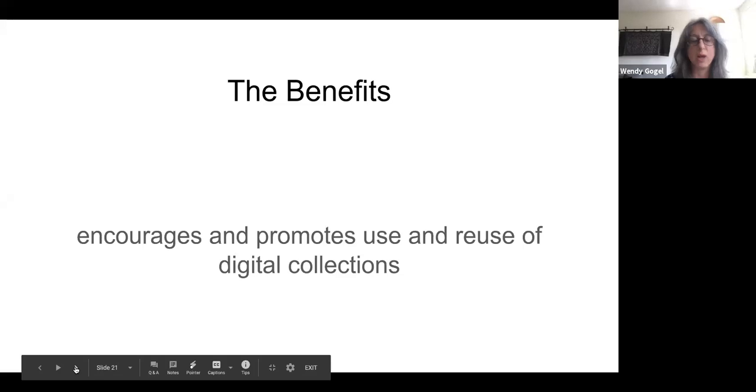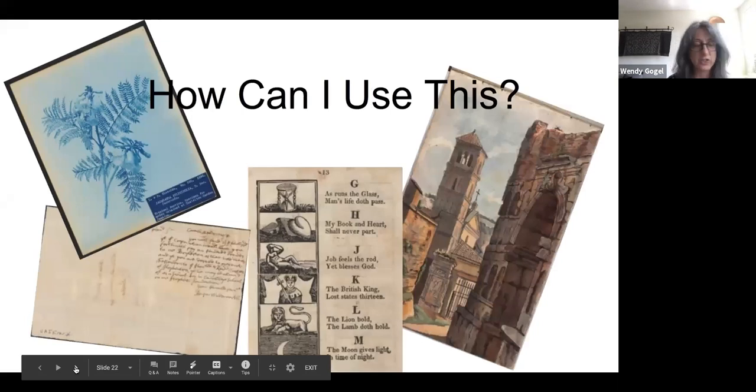Hi, everyone. I'm Wendy Gogel from Harvard Library, here to talk about the benefits of using standardized rights statements. The implementation supports open access by providing cultural heritage stewards a way to identify and mark items from our own digital collections, all for sharing while respecting the law and rights of rights holders. Greg already spoke a bit about the primary benefits to users, but I'm going to cover that again because it was part of the challenges.